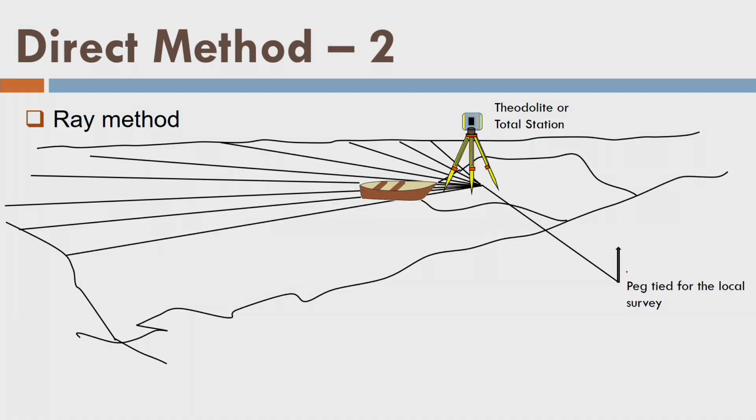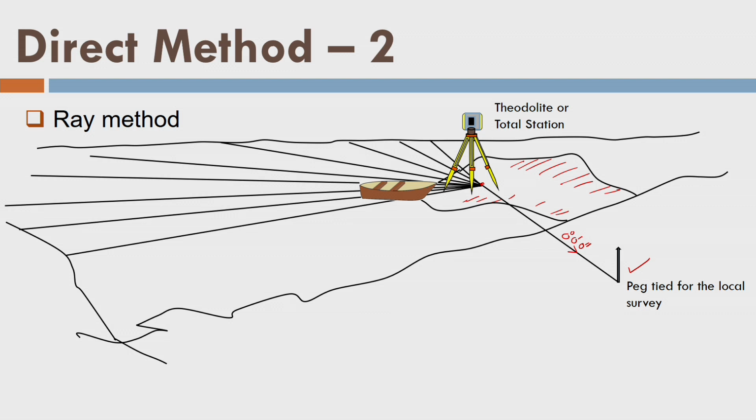So in order to connect my hydrographic survey with the topographic survey, I need some control stations which are well visible to me. Let us say only one station is possible to use, and this location is this one. So what will I do in this case? Let us say this is the area accessible by a surveyor, the land area. At this point he will establish his total station or theodolite. Then he will orient his theodolite or total station towards this line. That means it's the 0 degree, 0 minute, 0 second line, or my 0 reference line.